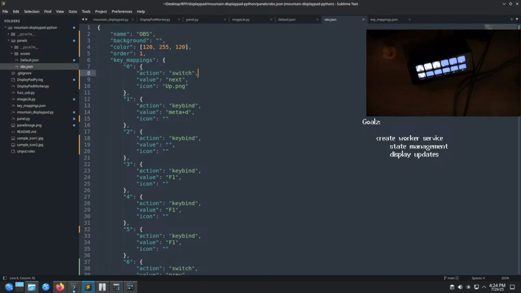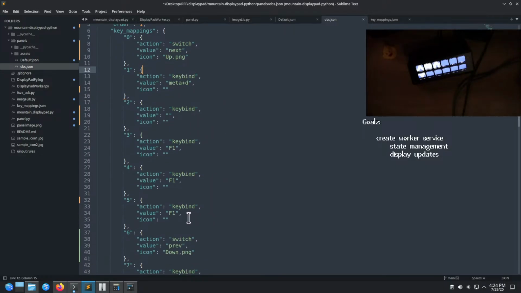Okay, so that's going to be meta F1 to mute my audio device. Let's, I think we want to put that like right here. So that's going to be button 5, keybind, meta plus F1,